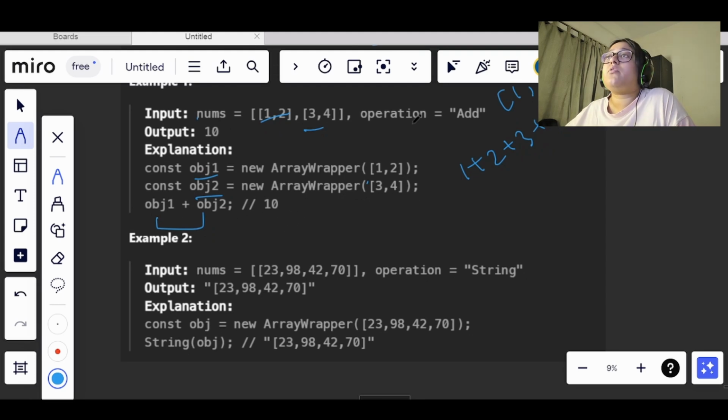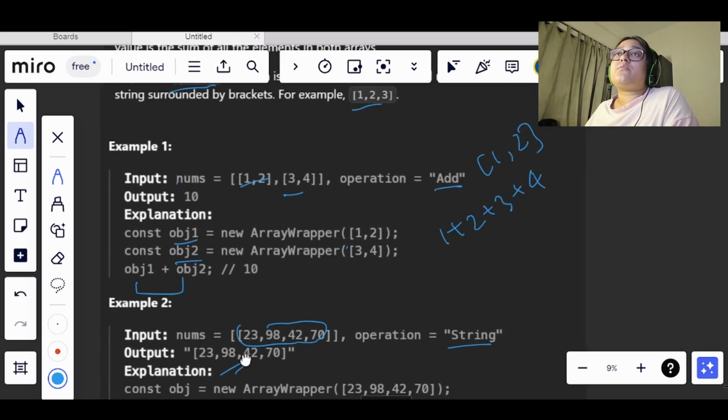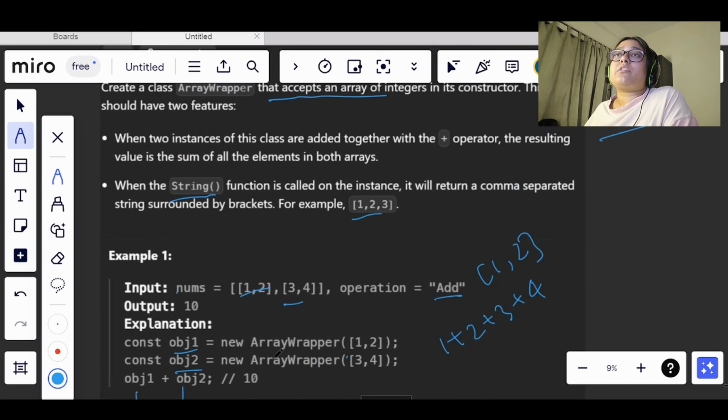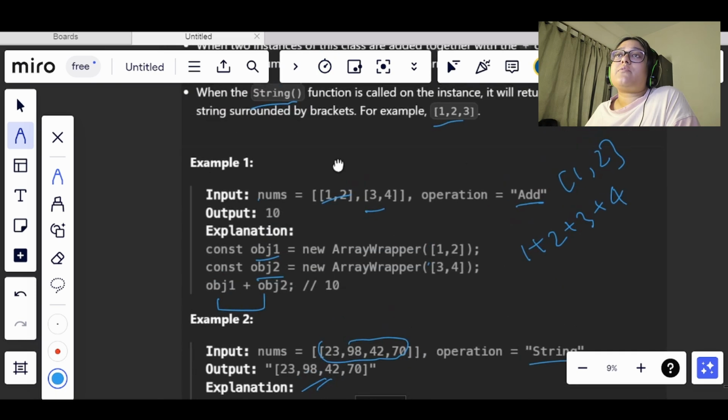Here the operation that we were provided with was add, and here we have string, so simply we need to convert this array that we have into a string and return it. That is what we are supposed to do. So for the first one, we have two instances, right? For the first instance we need to find the sum of the elements in the array. For the other one, we need to convert the array into a string. So for the first one what we will do,